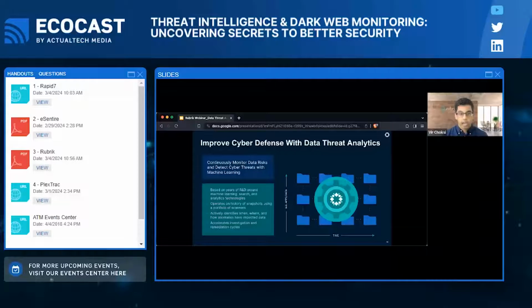But by scanning hundreds of snapshots, Rubrik's data threat analytics engine generates signals that are fed into a highly trained machine learning model, building a historical baseline against which new data can be compared to find anomalous modifications, deletions, and encryptions.